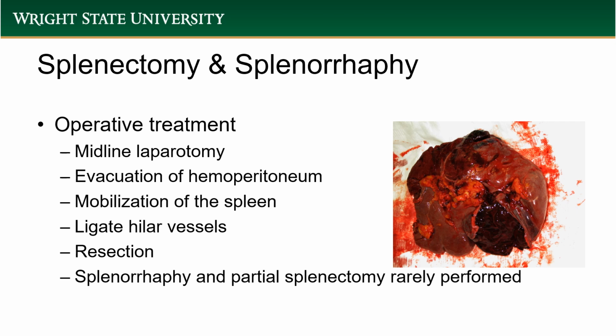You'll want to mobilize the spleen medially. A lot of times bleeding in the retroperitoneum is actually going to help you with your dissection. So you'll want to mobilize the left colon via the white line of Toldt, and a lot of times you can actually just get your hand in there along the abdominal sidewall and bluntly dissect out that plane that the bleeding is already kind of separating for you, in order to get up and around the spleen, taking down those 4 ligaments that we talked about previously,